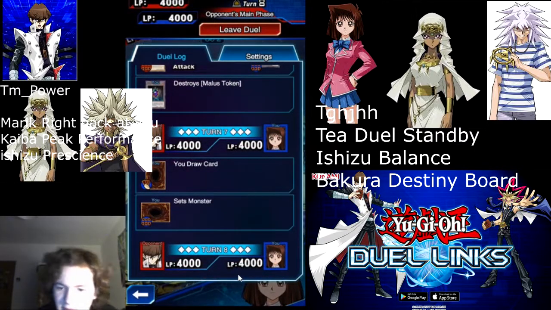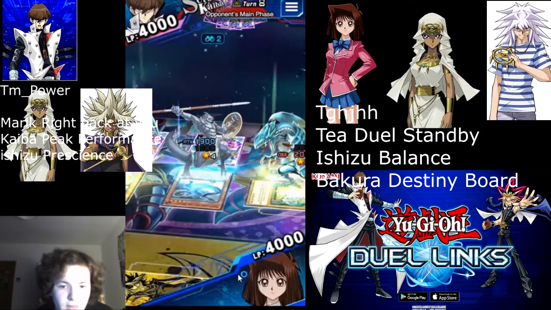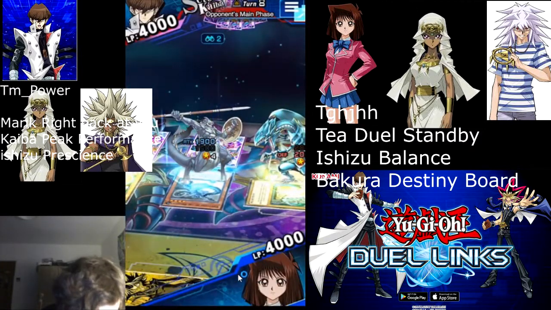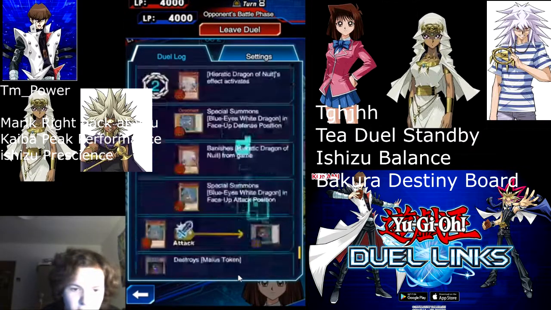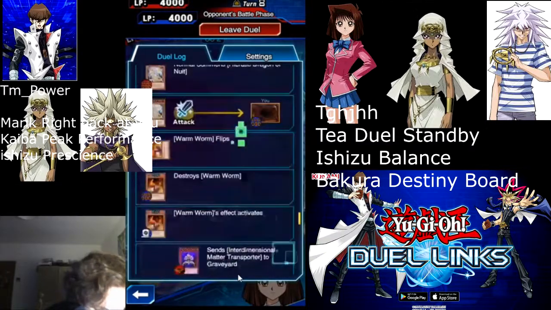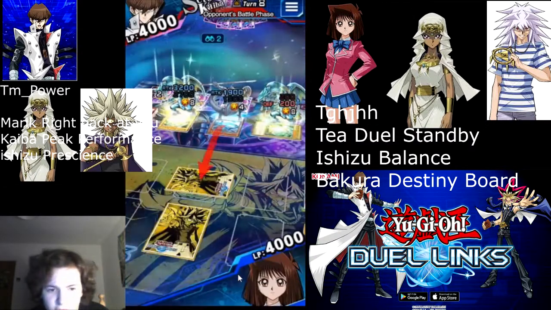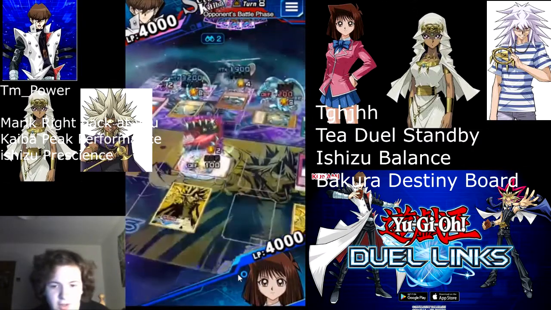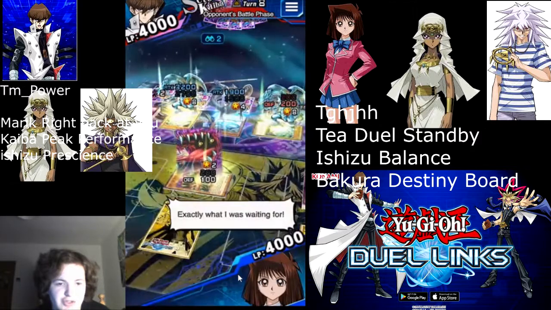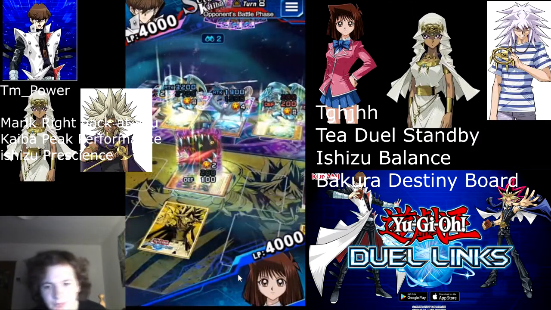Hey Nap 2. Wait, I forgot to check. Who is it? Opponent. It doesn't tell me who they are. Oh wait. The person playing Duel Standby is Tghjhh, and the person playing that is TM Power, so...